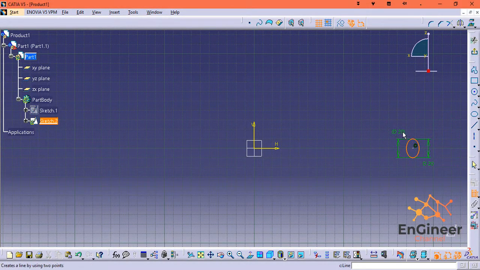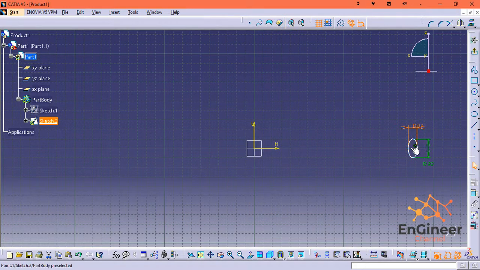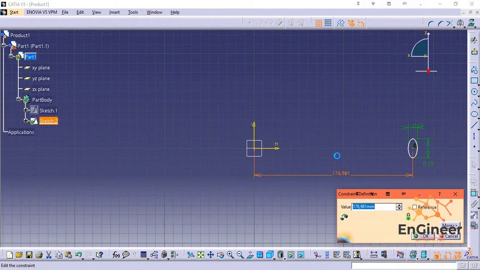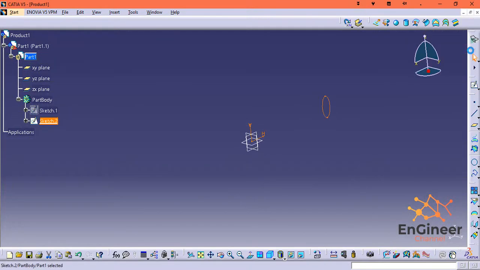The second semi-minor axis, we make it 10. The distance between the center of the ellipse and the center is 100. Alright. Now